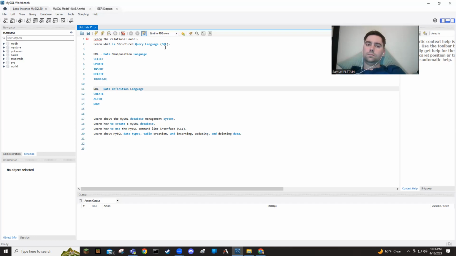Create means to create something, alter means to change something, and drop means it gets rid of it. So we can create databases, alter databases, and drop databases. We can create tables, alter tables, and drop tables. Okay, that's what this is. It's data definition language. It's creating the physical structure of the database.